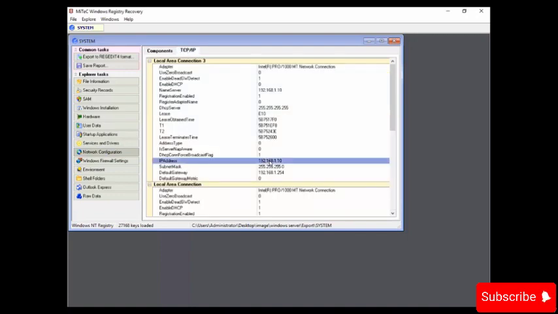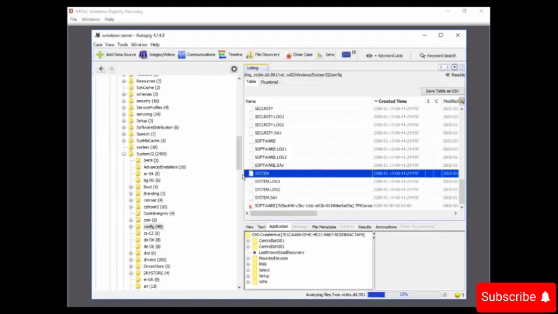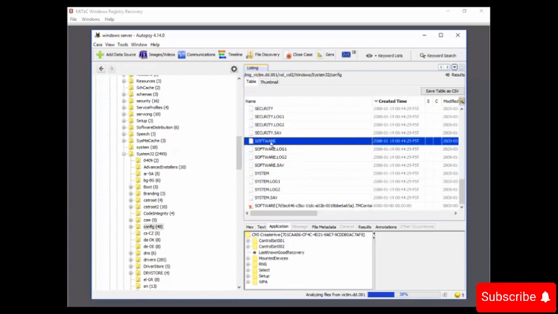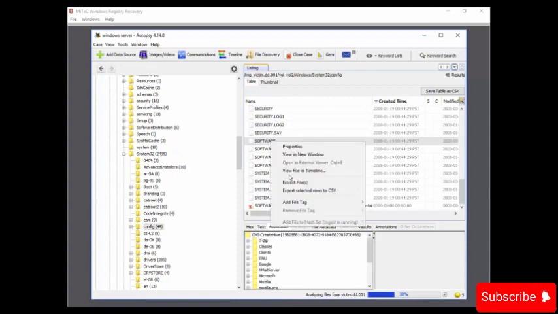It says 192.168.1.10. See, when you receive a security breach alert, you will always be notified with the IP address that this IP address has been compromised. Okay, so any system with this IP address has a security breach. So we can verify the IP address from here as well. Now we need one more file with the name software. So let me open the Autopsy tool. And here we have software. So just extract it and save it.